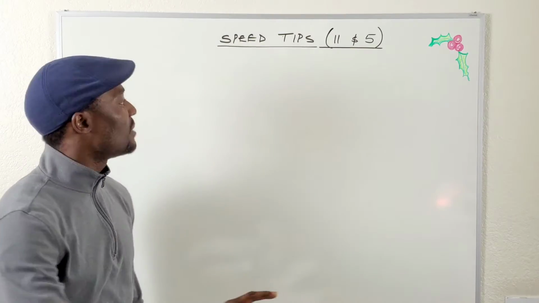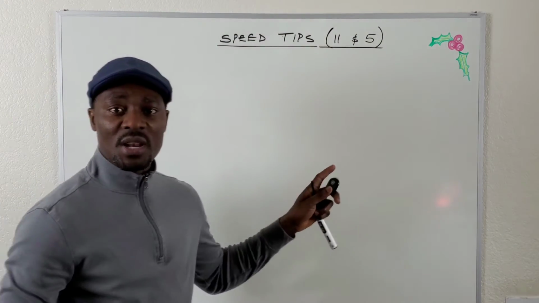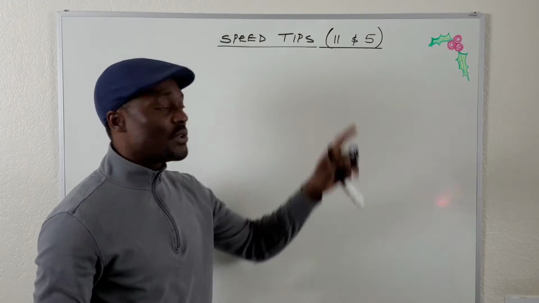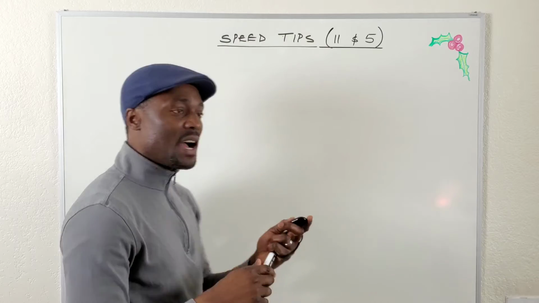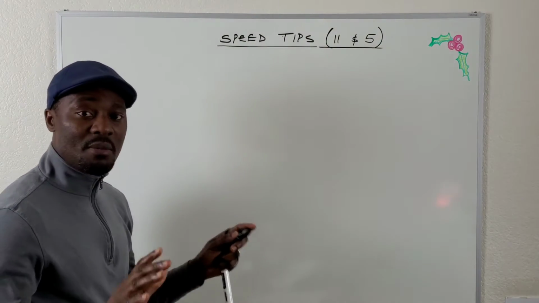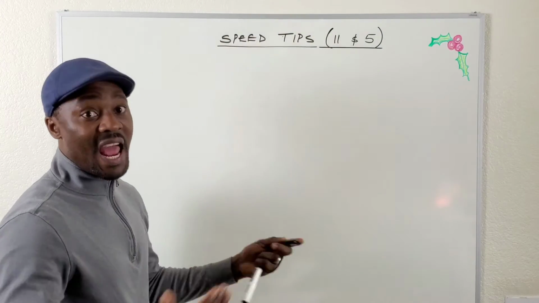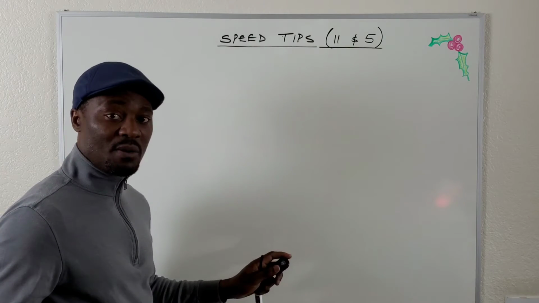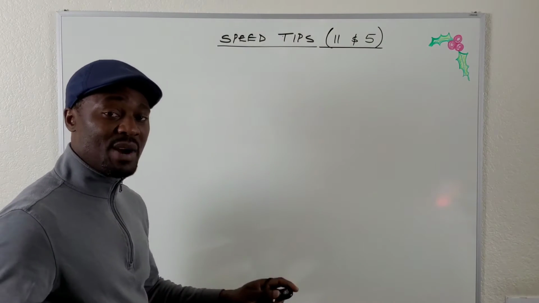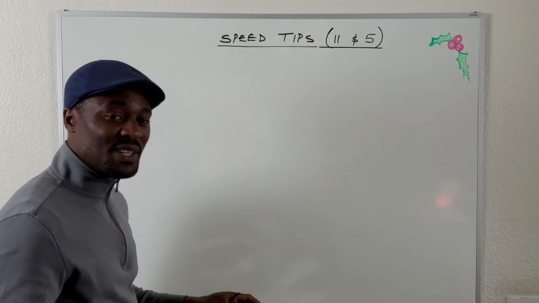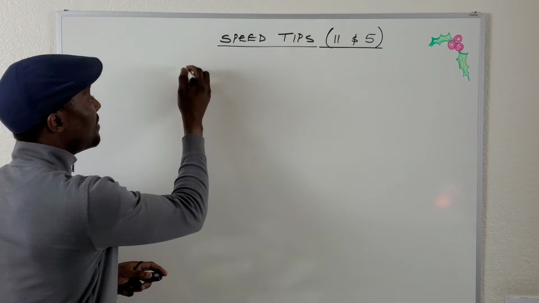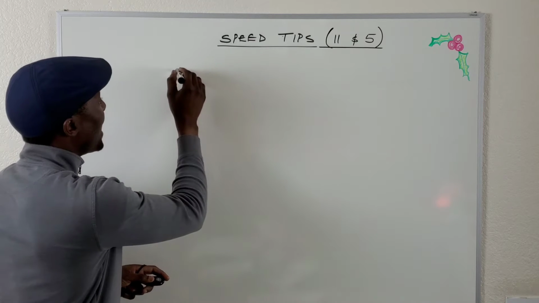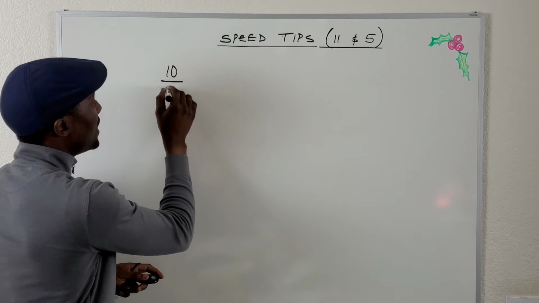So I just want to show you two tips that I use whenever I use the number 11 to divide and when I use the number 5 to divide. Let's start with number 11. When you divide any number by 11, you'll end up with an answer which is a whole number, which is no problem, or a fraction, which may be expressed as a decimal. Now, the key is whenever you divide a number by 11 and it's a proper fraction, like 10 over 11,